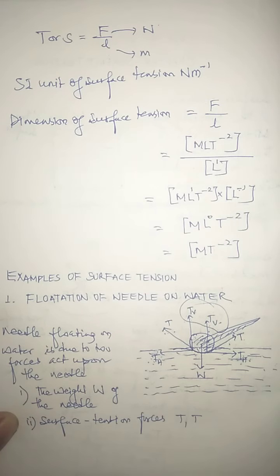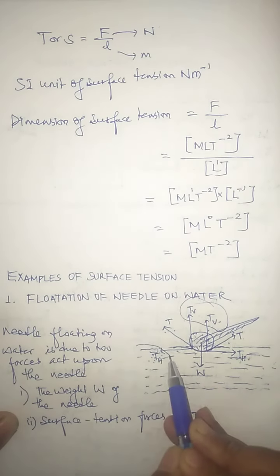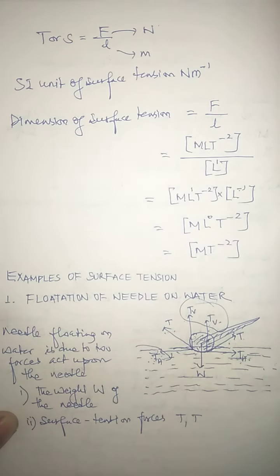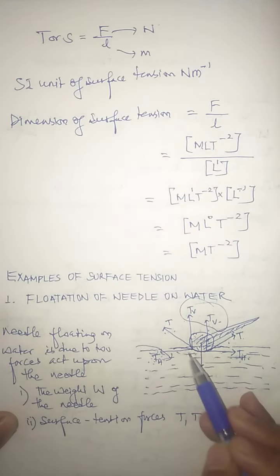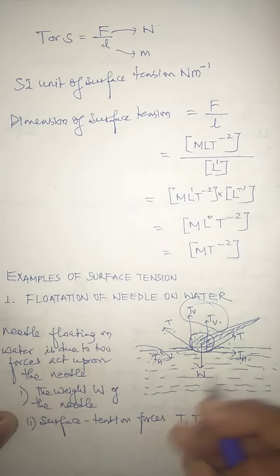But children, remember this part. When I take the water, it must be pure water, containing no impurities. But what happens if we add some soap powder, or put some oil on the water where the needle is floating? In that case, we see the same needle will sink into the water. Why does the needle sink when we add some soap powder or oil to water?